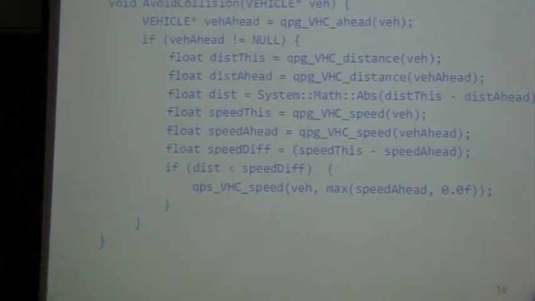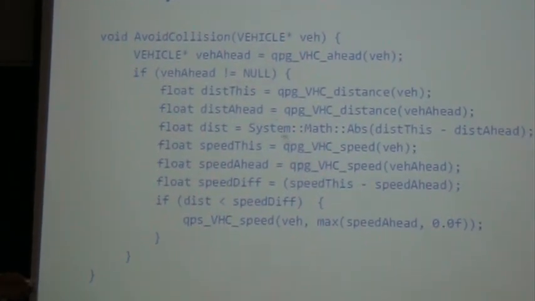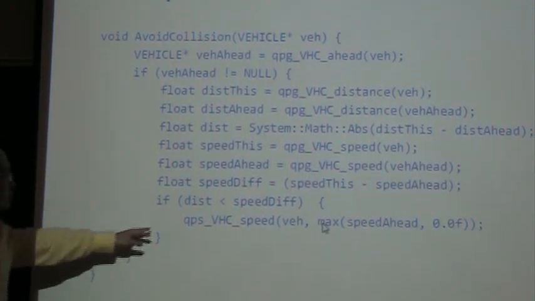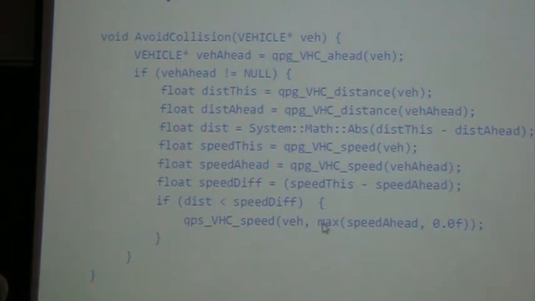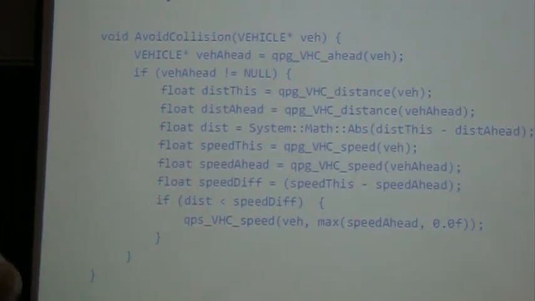Because sometimes in Parametrics, the vehicle speed may be negative. I don't know why they did that. Maybe it's a bug. But I just want to make sure it's above 0. So it's maximum of the speed vehicle ahead. So if I set the speed according to the speed vehicle ahead, that would mean our speed difference is 0. Then we